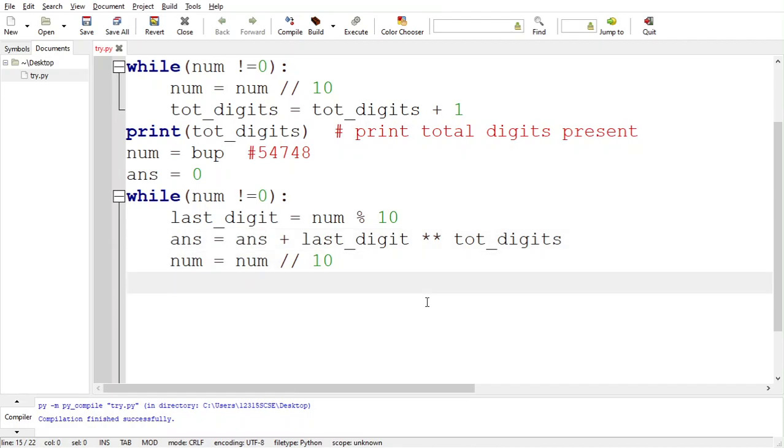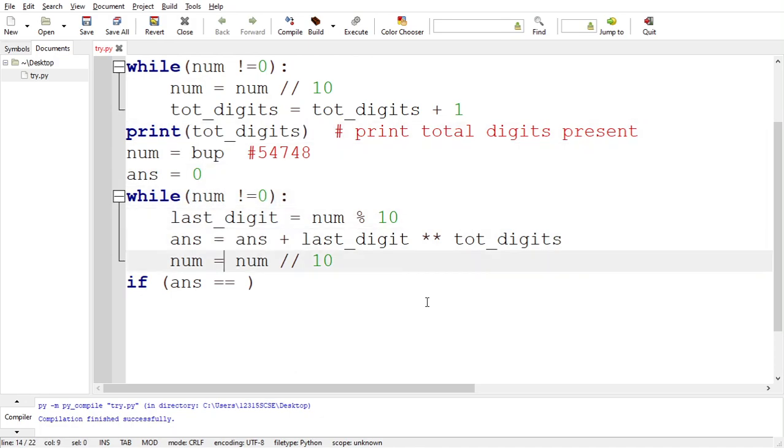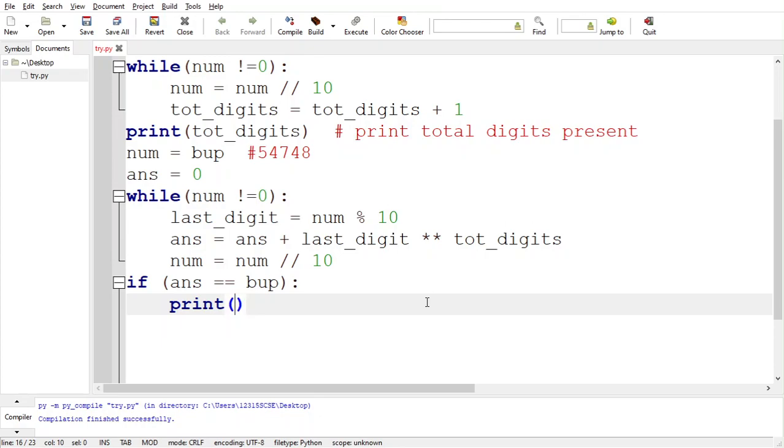Now we have to check whether it's narcissistic or not. We have to check the answer. If the answer, where there is a summation, is equal to the number. Where is the number? The number is gone because the number is corrupted now. But we have a backup. So we'll check it with the backup, BUP. If this is so, then we say the number is a BUP